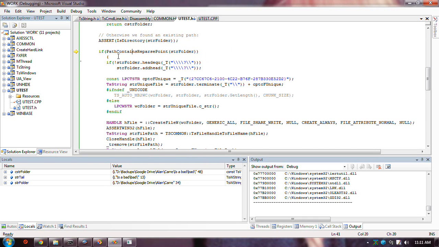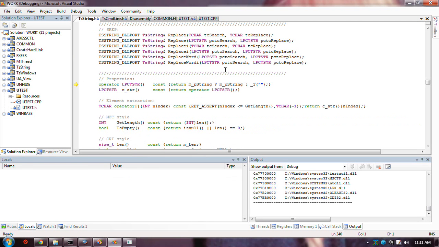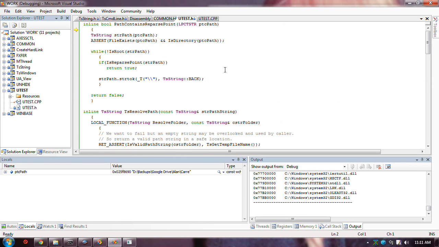Now I have another function called path contains reparse point. This scans the entire path looking for any part of it which has the reparse attribute, and that involves first again going backwards, and cutting off things by slashes.